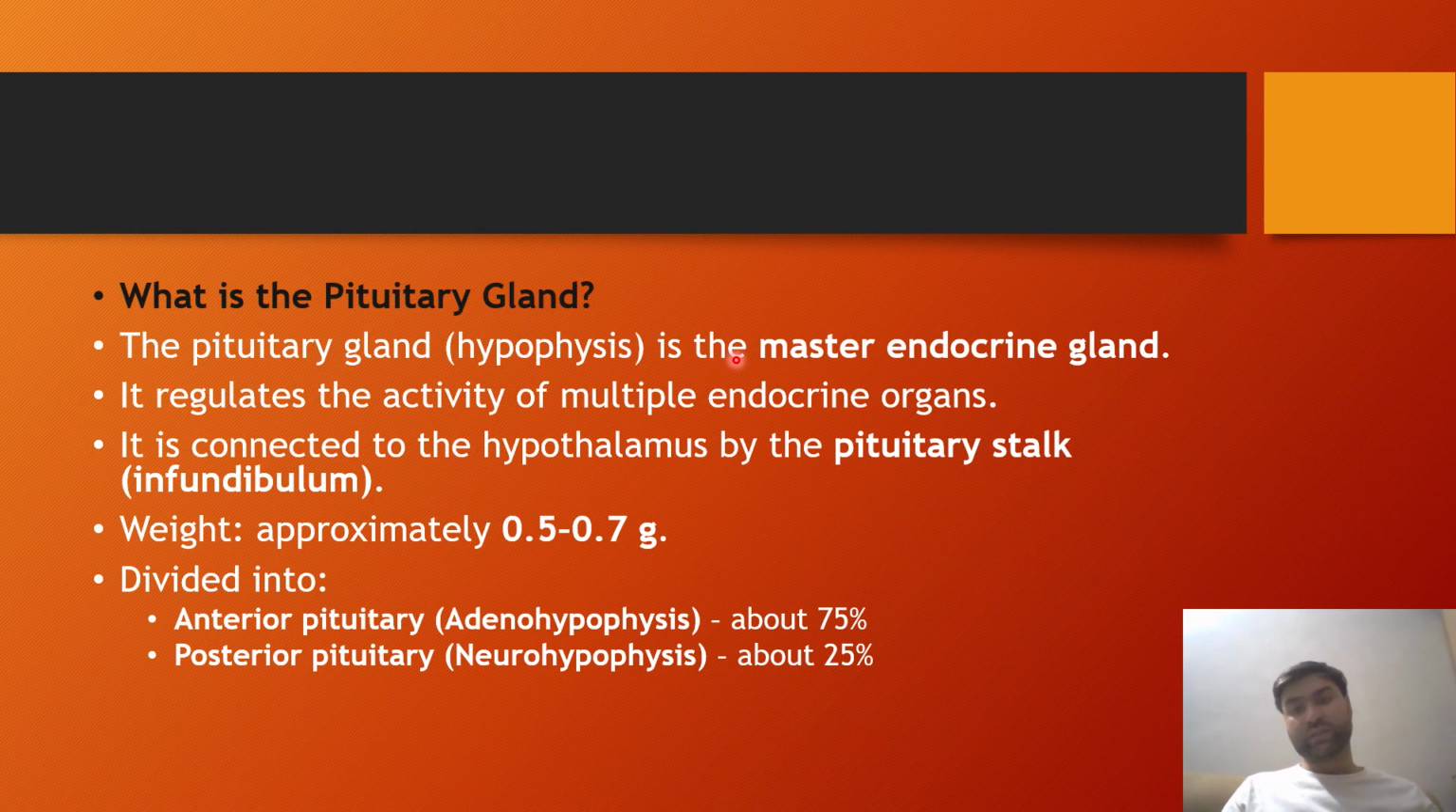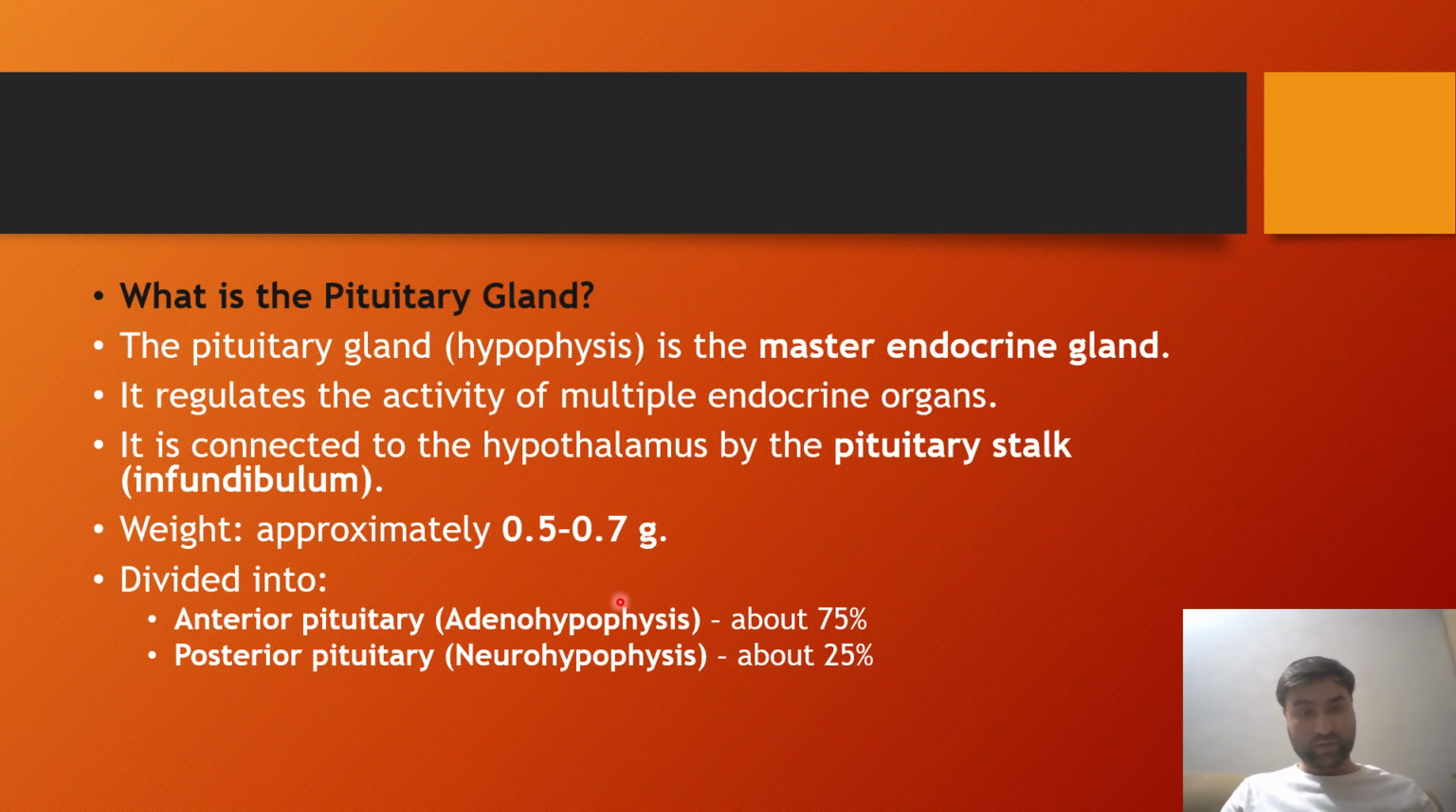Pituitary gland is a master endocrine gland. Why master endocrine gland? Because it regulates the activity of multiple endocrine organs, like it regulates the activity of the thyroid glands, it regulates the activity of the adrenal glands, etc. It is connected to the hypothalamus by the pituitary stalk that is known as infundibulum, and its weight is about